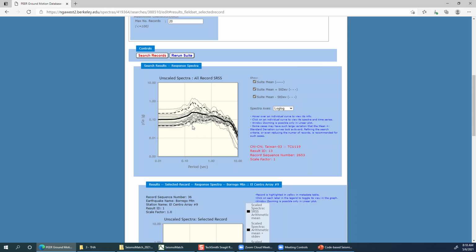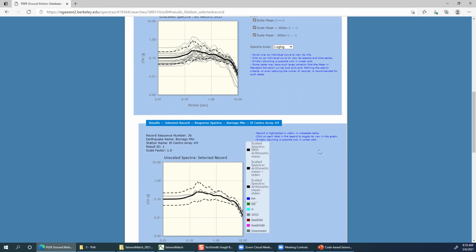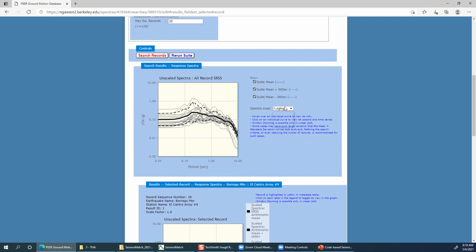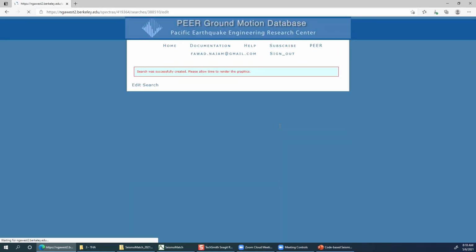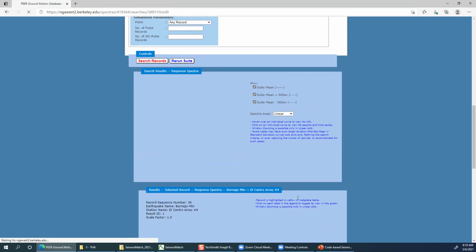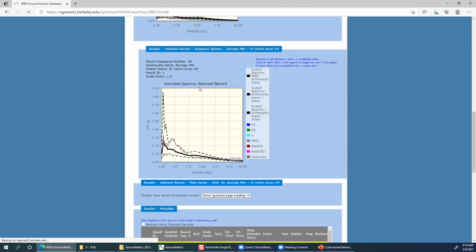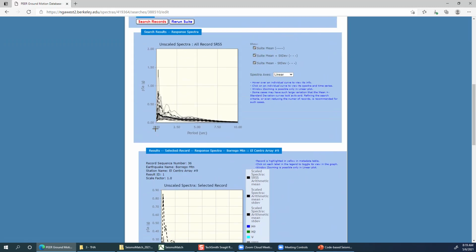So basically this is showing the variation in the spectrum of these selected ground motions. I can also select the axis setting. Currently they are log. I can click linear and then it will show me the spectrum in the linear scale.